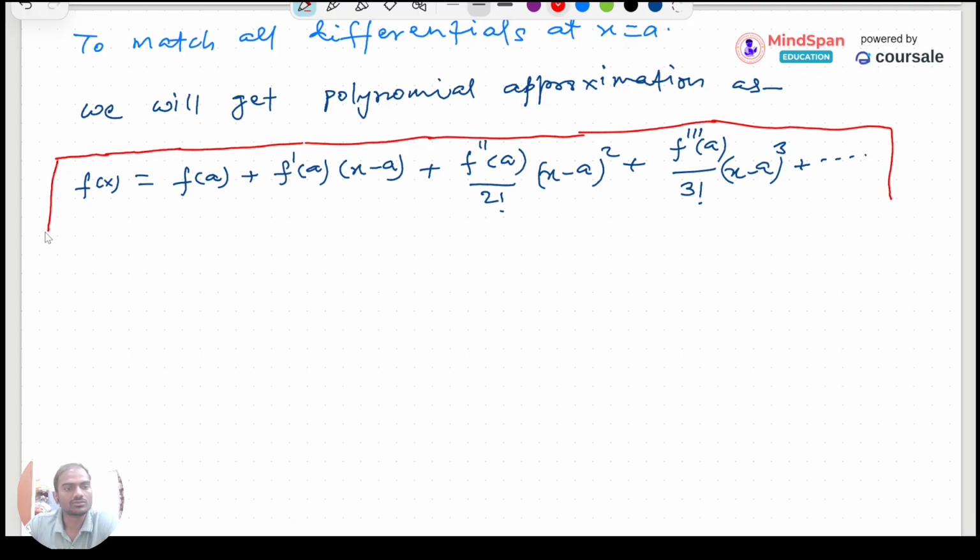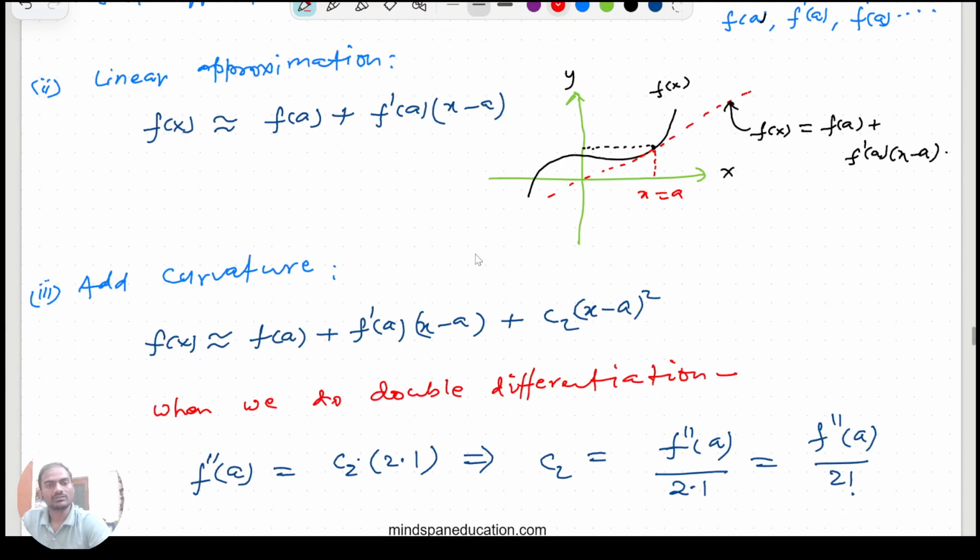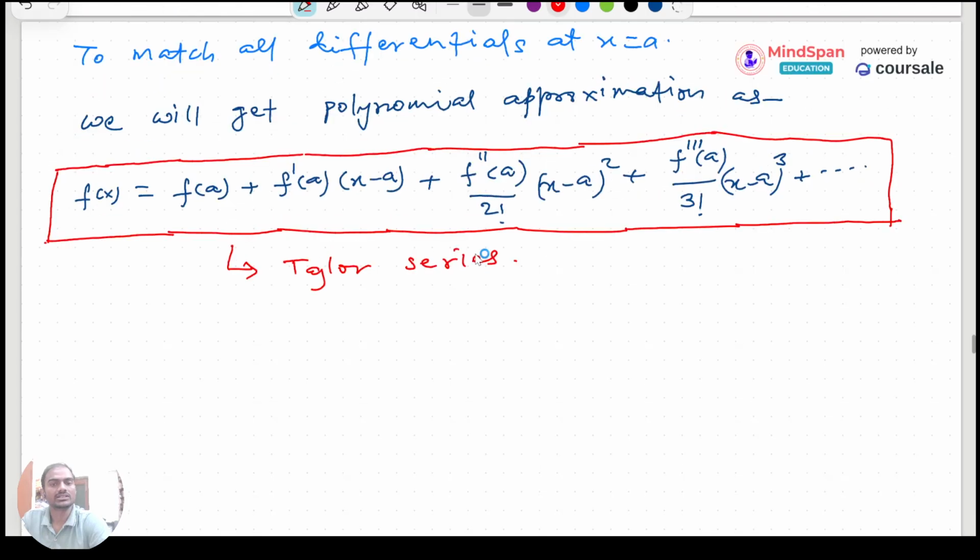ये जो फॉर्मूला हमें प्राप्त हुआ है, this approximation polynomial that we got for this function is called टेलर सीरीज। ये सीरीज इसलिए कि ये एडिशन के फॉर्म में है, यही है हमारा टेलर सीरीज, राइट। कैसे आया ये मैं आपको डिटेल में अभी एक्सप्लेन करके बता रहा था, कैसे आया, क्यों आया, और इसका क्या मीनिंग है। अब फाइनल, इसको लिखेंगे कैसे, फाइनल तो यही है, यदि a equal to 0 ले लेंगे तो डायरेक्ट f(x) हमें मिल जाएगा इसमें। और इसको दूसरे टर्म में how we can write this, we can write it like this,